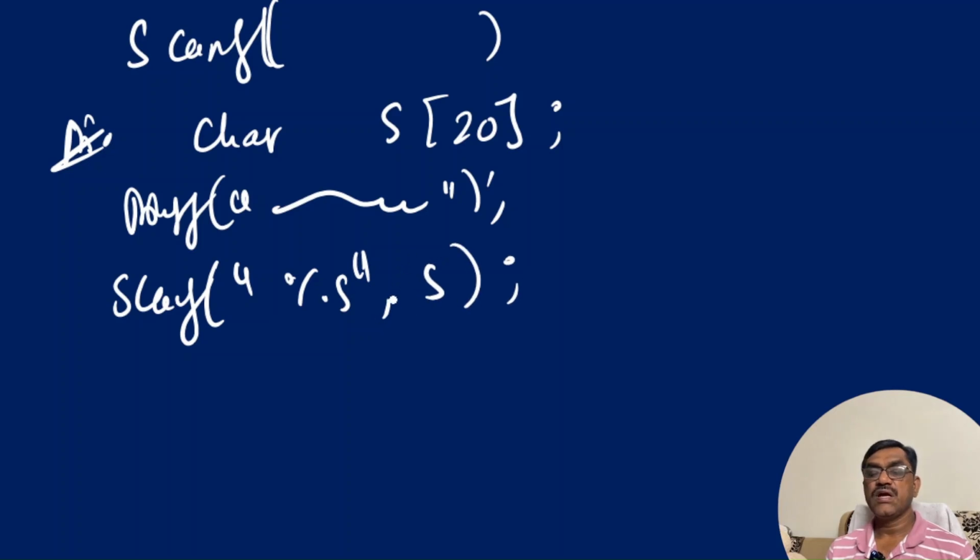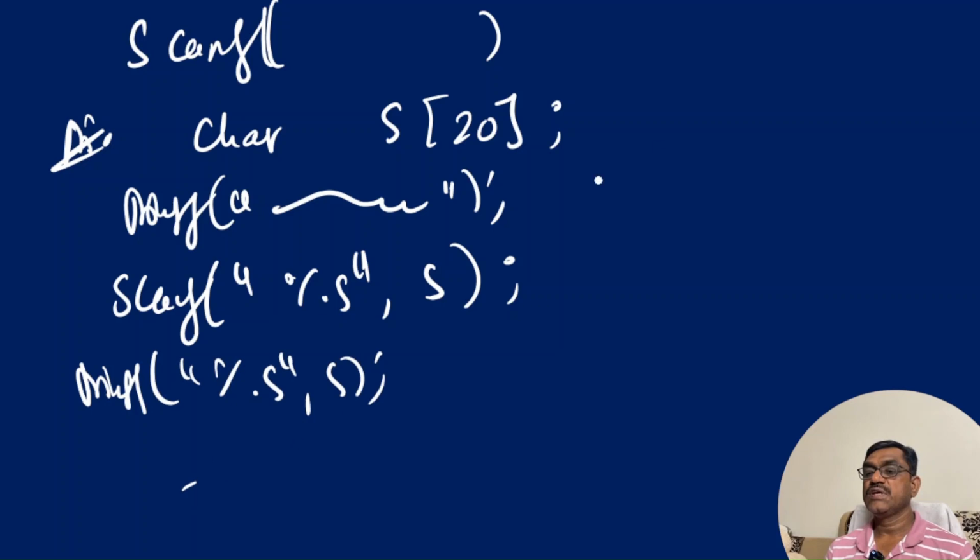Here there is no need of writing ampersand. Why? Because s itself represents the address and we are reading a string as a whole. Now if you print the string, what is the output? For example, at runtime from the keyboard, I have given the string hello world, and after I press enter,